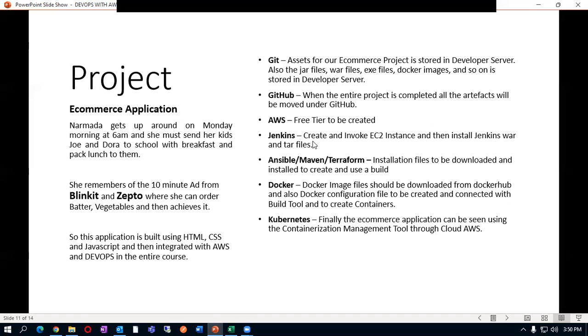Then Jenkins, it is your plugin. So you create and invoke an EC2 instance and then install Jenkins for the entire files. There can be any other files also. In fact, we speak about this war and tar more. Now Ansible, Maven, the installation files again will come up, download it and install to create and use a